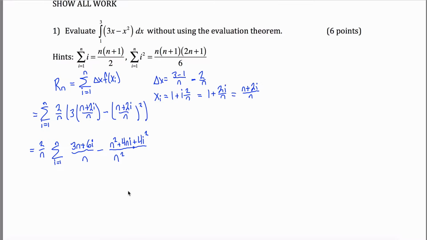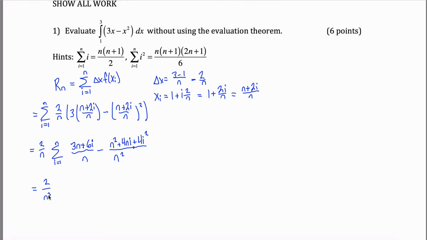So I get here. And then how am I going to deal with this thing? Well, I kind of like having a common denominator throughout this thing. So I'm going to multiply this guy by n over n, and that will give me a common denominator of n squared. I'll have an n squared here and an n squared here. And if I got an n squared here and here, I might as well factor that all out in front